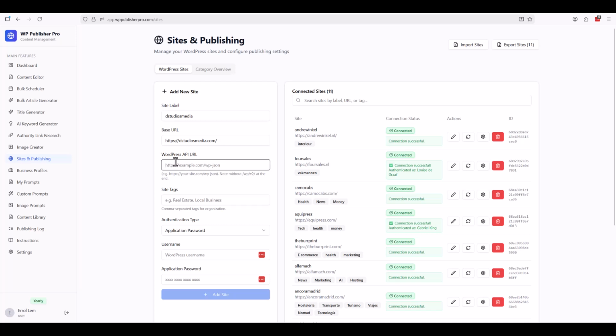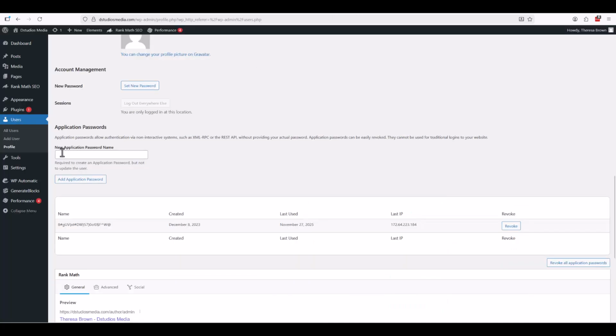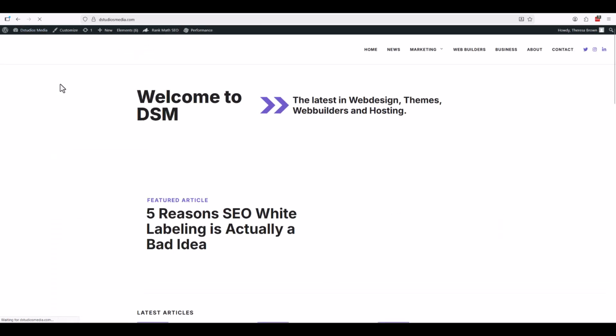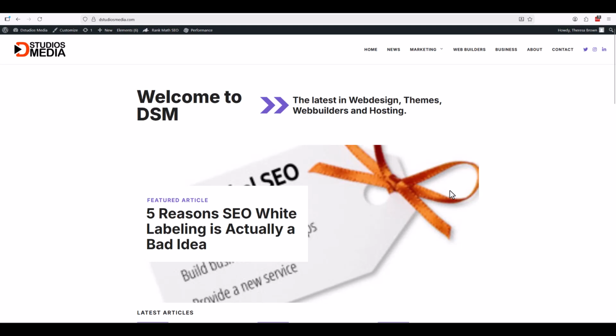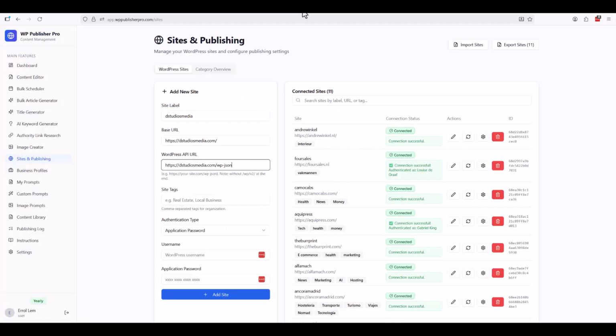This is important, WordPress API URL. So you see WP minus JSON. So you do exactly what you see here. If you take your website and then like this. Site text, this is interesting because if you have a lot of websites, it's a good idea to have some text that you can see. Oh, it's marketing, web design, business. So in this case, I do web design